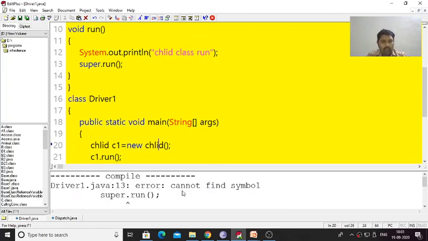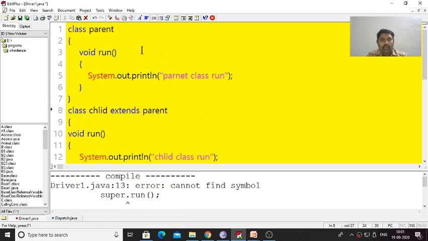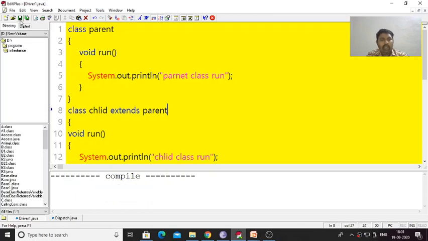Let us compile again. It is still showing errors, one more error with super.run. The error is that the child class is not extending the parent class. To perform method overriding, there should be a parent and child relationship between the two classes. Now my child class is extending Parent, only then can we perform method overriding, otherwise we cannot. Now we can compile the program, there are no errors.